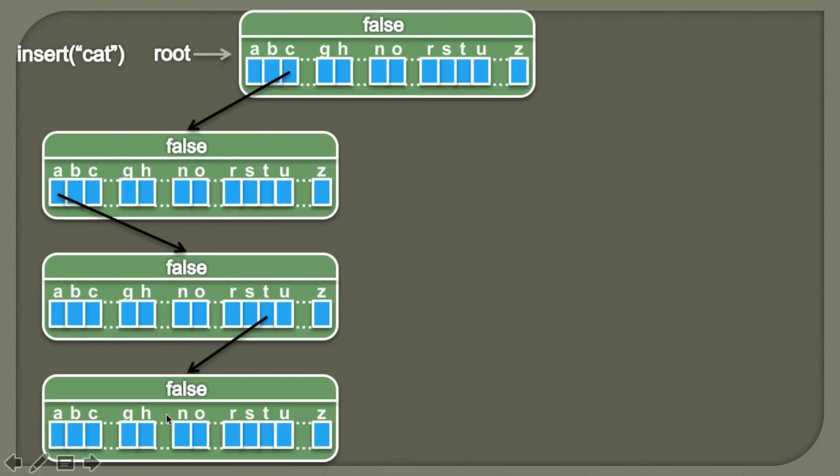After we reach this trie node, we see that there are no more characters left to be inserted. So we also know that this is the end of the word. In order to mark cat as the end of the word, to this trie node we simply assign the value true. This value signifies that when you reach this trie node, it marks the end of the word, and it also signifies that cat is in the trie.